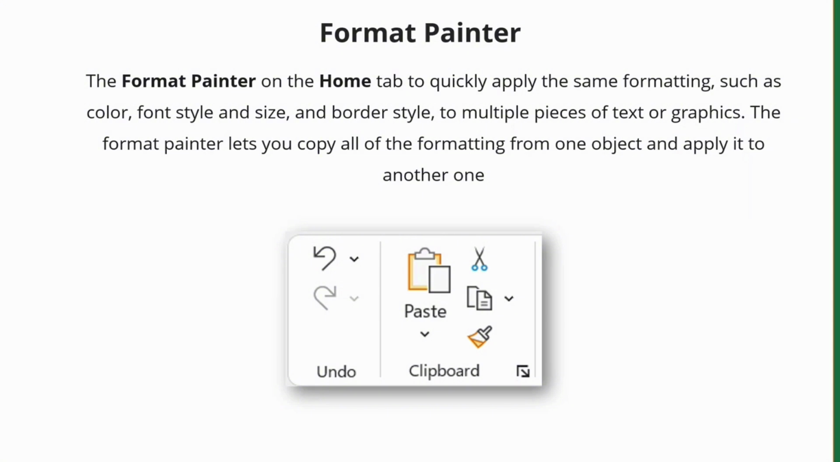So there is one icon and one button to help you all. Format Painter is the button here. Format Painter lets you quickly apply the same formatting styles which already exist to the whole document. Let's see how to do it. So we'll go back